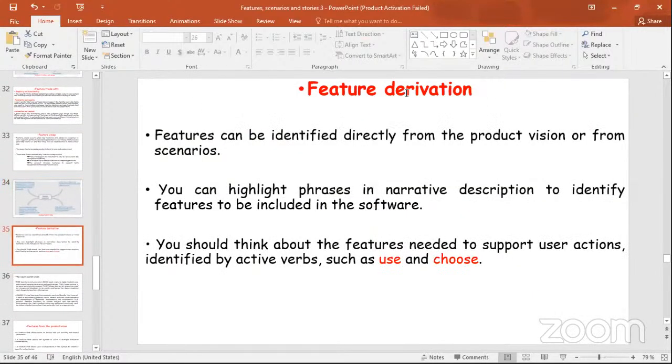So how do we derive features? Features can be identified directly from the product vision or